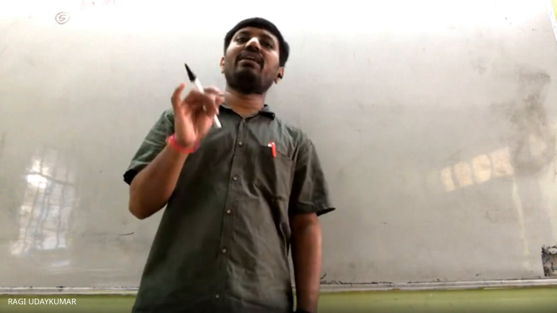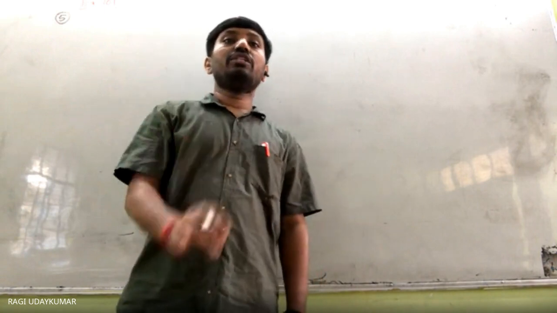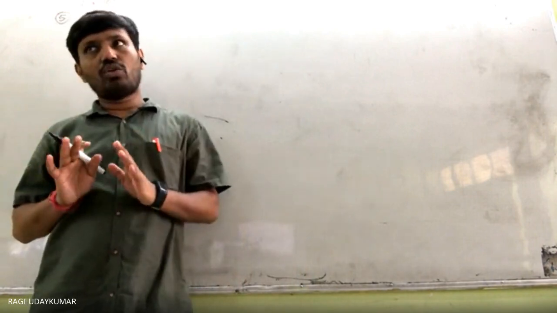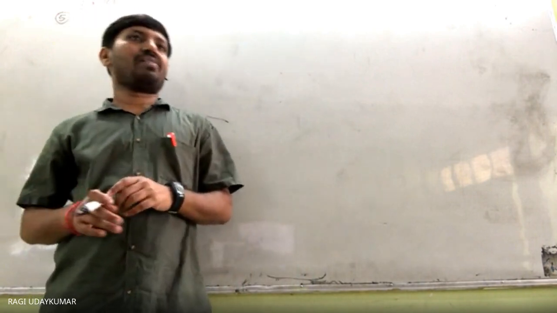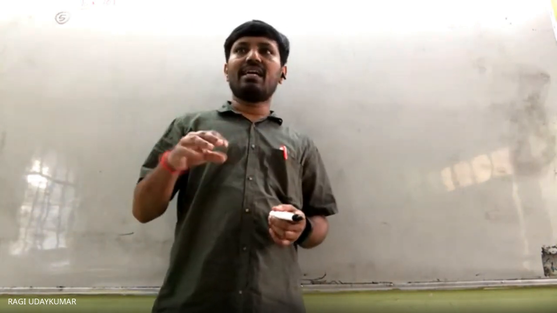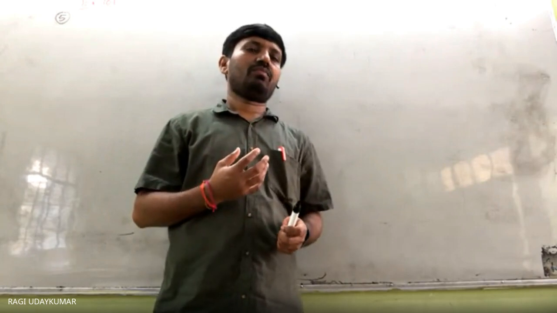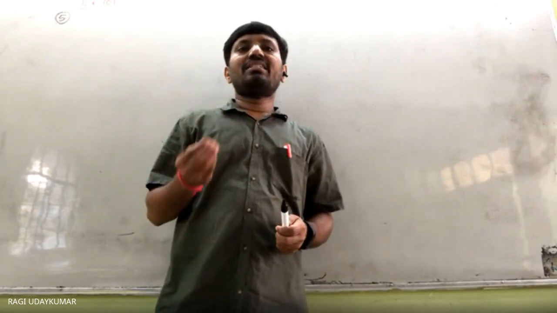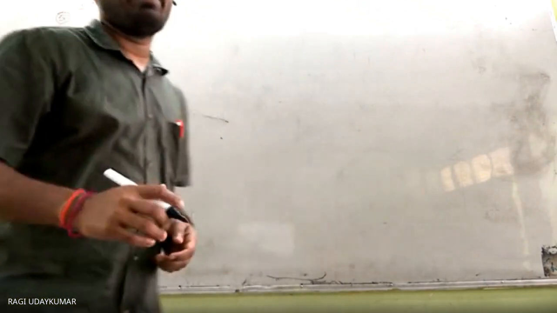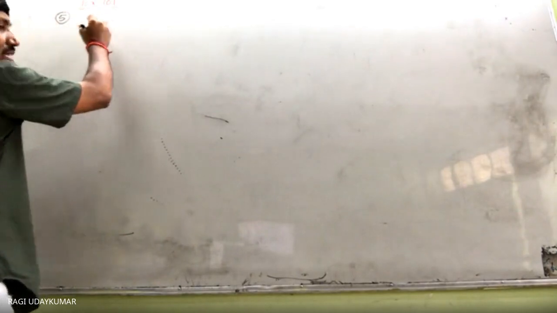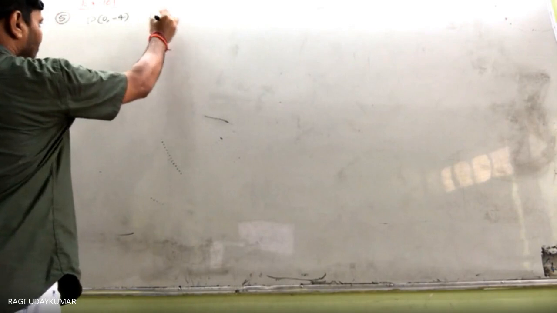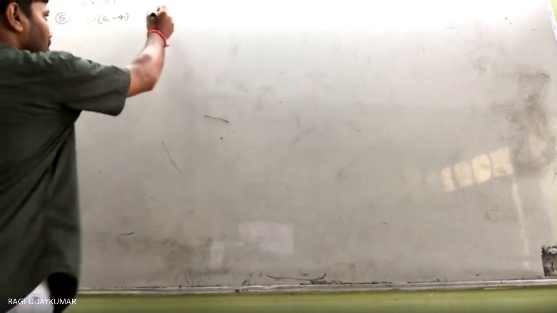Now the question is to find the slope of a line which passes through the origin and the midpoint of the line joining the two points P and B. Slope of a line is being asked, not the equation. We have not learned the different forms of the equation of a line yet. It is a very simple question, but you may get confused. P and B are given, with 8, 0.